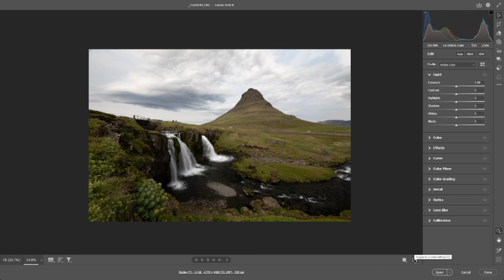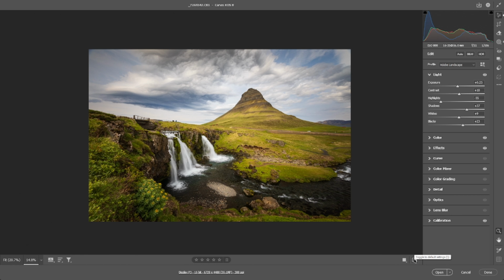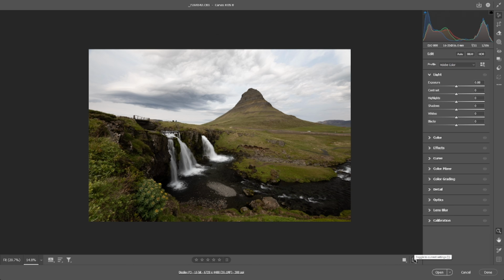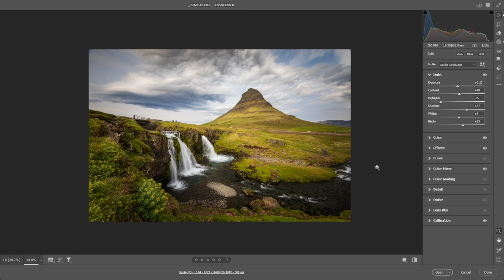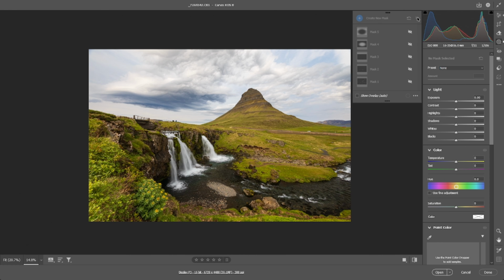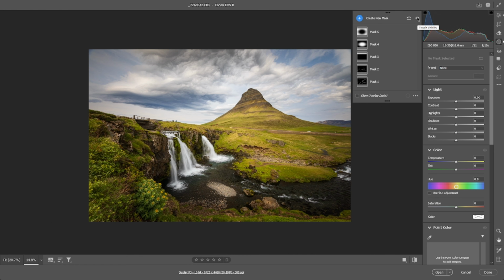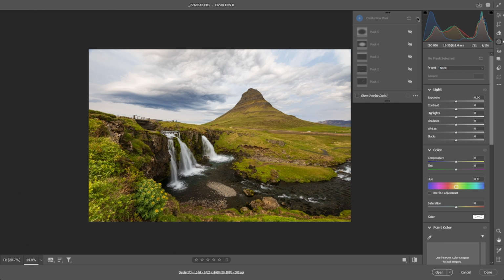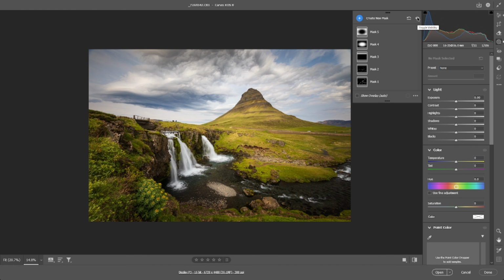So that's the image before. It's quite flat. It's a raw file. And that's the image after. And like that, guys, you created depth in your image. Before and after, I'm going to show you the before and after of the mask we created. So that's the before, and that's the after. And you can see the difference when you use dodging and burning to create depth and that 3D effect for